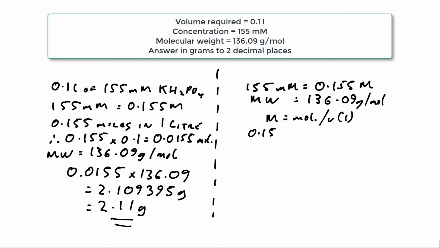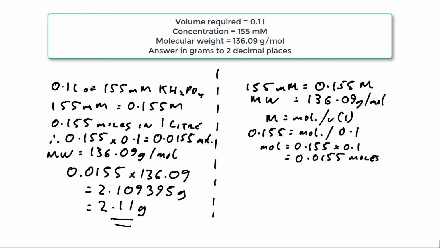Our molarity is 0.155, and that is equal to moles divided by the volume, which is 0.1. If we rearrange this equation, we get moles, which is what we're trying to find. So moles is equal to 0.155 times 0.1, and this comes out to